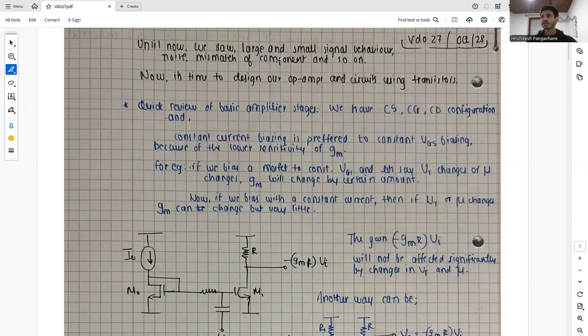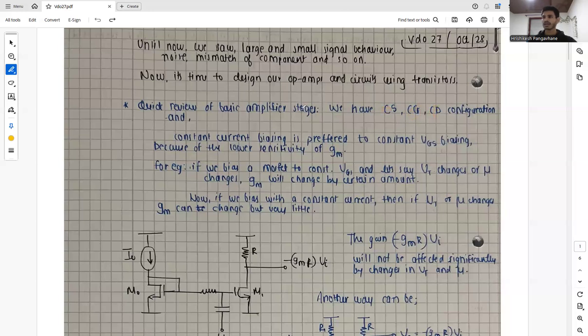And until now, we discussed all the parameters such as large and small signal behaviors and noise in the MOSFET, also the mismatch of MOSFET and all the components and so on. So now it's time to design our op-amps and our circuits using transistors and MOSFETs. So let's quickly review the basic amplifier stages which we have, which are common source, common gate, and common drain